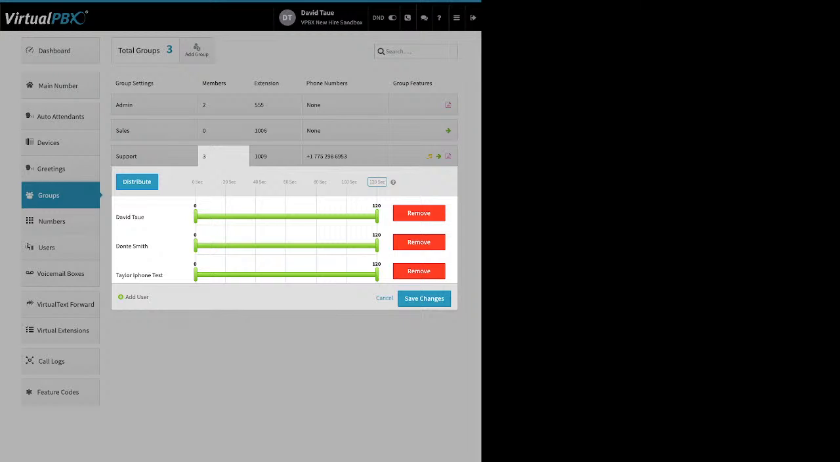Now, up here at the top, you've got timestamps, right? Defaults to 120 seconds. You can change that. You can click distribute. So now I'm offering calls in this order every time, right? So a call comes in, David picks up. He's talking to the customer. Second call comes in, David still gets offered that call first, right? In this case for 40 seconds. And then it gets down to Dante,